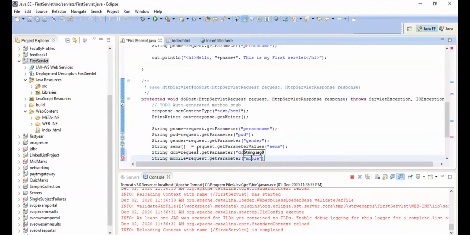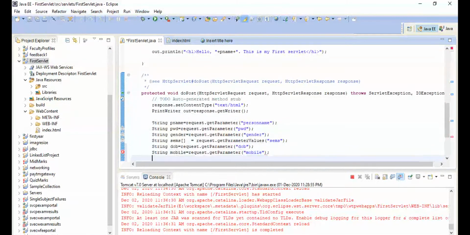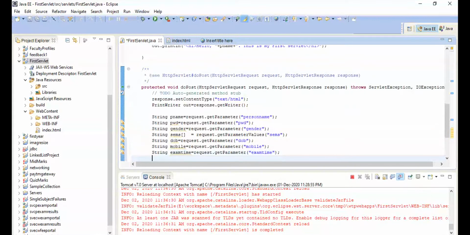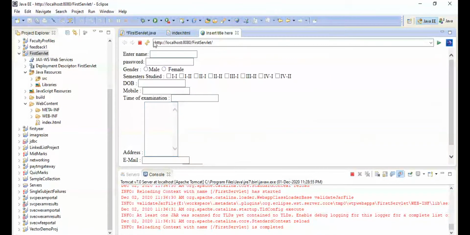Next control, please. Time of examination. String exam time, for example. Request dot get parameter, exam time. Next control, please. Next, address.